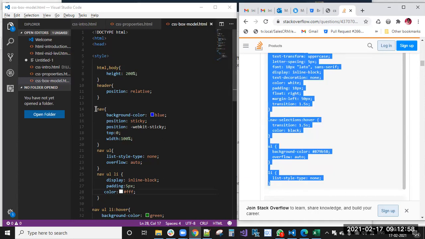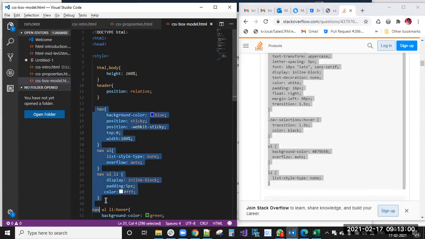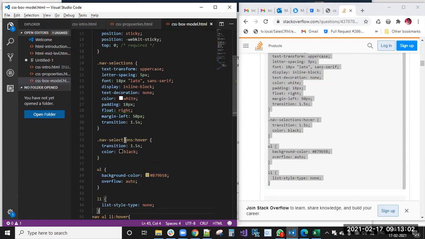Actually, it will work. Why not now? Selections means allies.